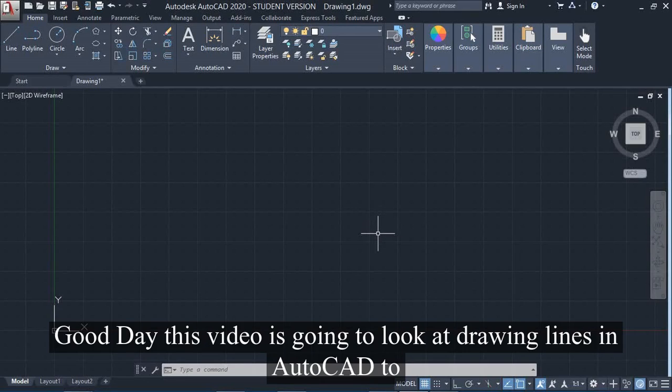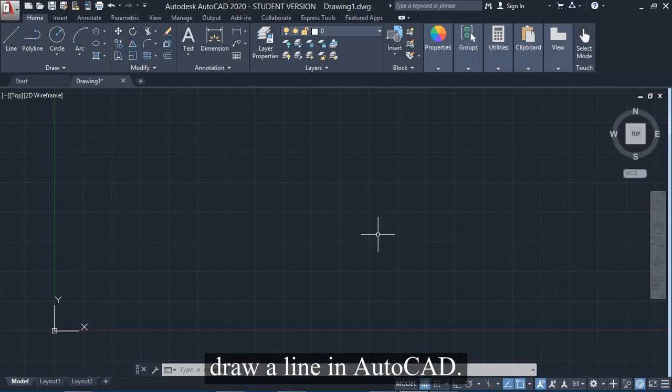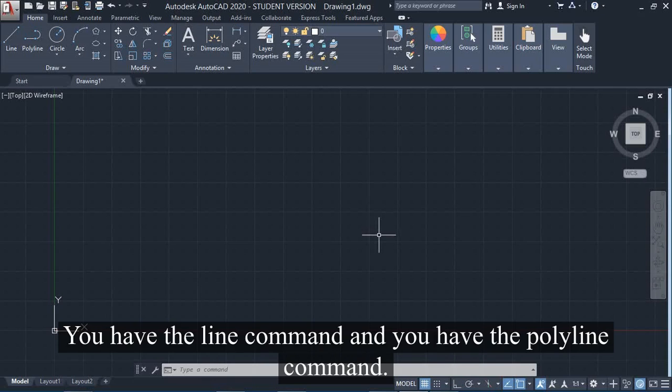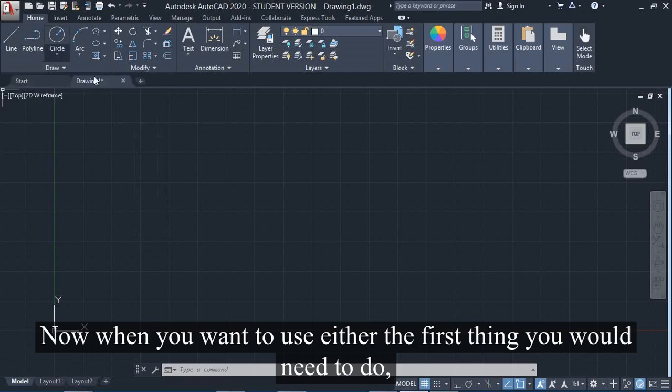Good day. Now this video is going to look at drawing lines in AutoCAD. To draw a line in AutoCAD, you have two options. You have the line command and you have the polyline command. Now when you want to use either, the first thing you would need to do, so we're going to start